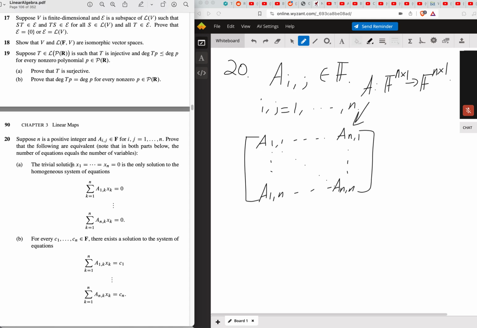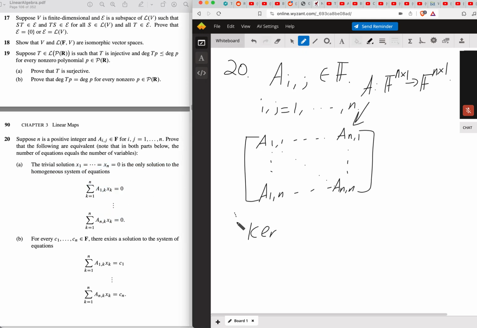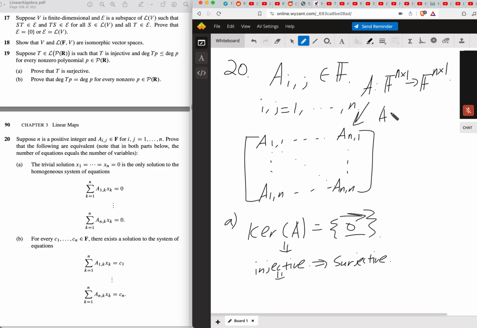And this part is saying the same thing as well. The kernel of this matrix is the zero vector, and the zero vector only. So since it's this, that means that the matrix A is injective, or at least the linear transformation represented by the matrix is injective. Since it's injective, then it must be surjective as well. And this is not immediately clear because you're not quite operating over, or are you operating over the same field? I mean, yeah, A is an operator where the space it's operating over is the column vector space of degree n, or whatever you want to call it. So injective does imply surjective, but if you're not convinced,